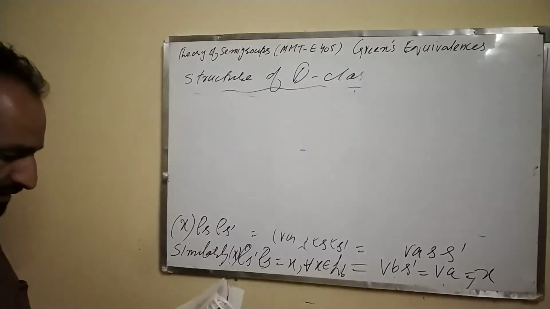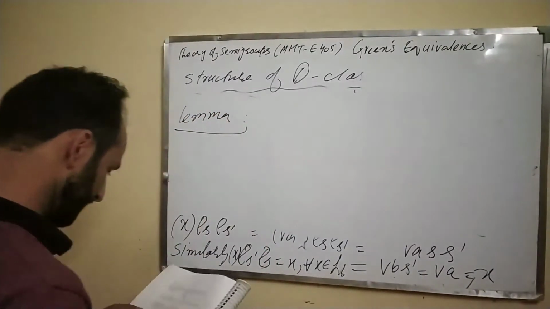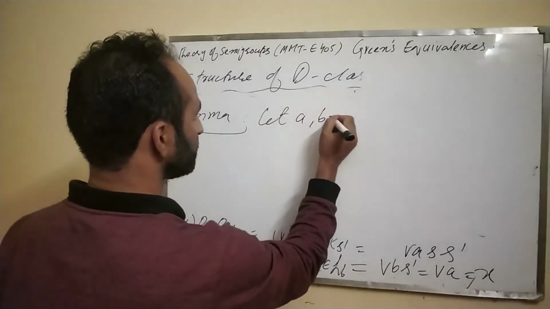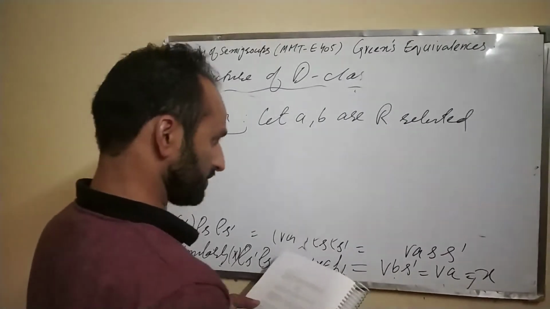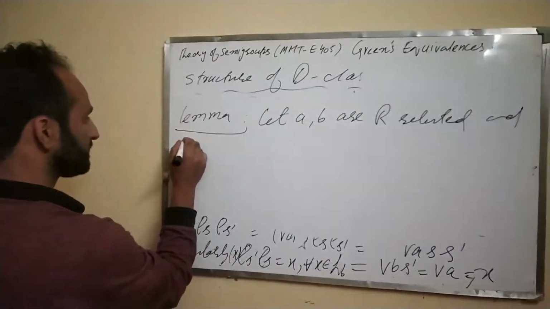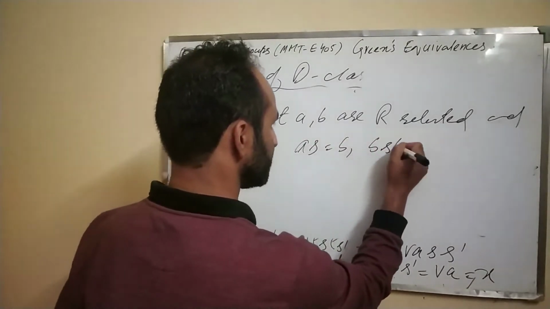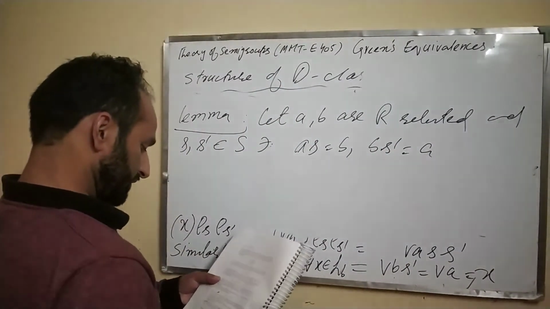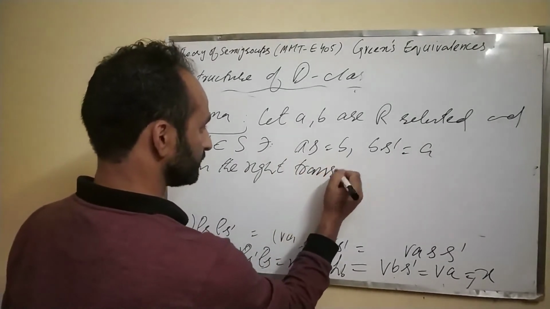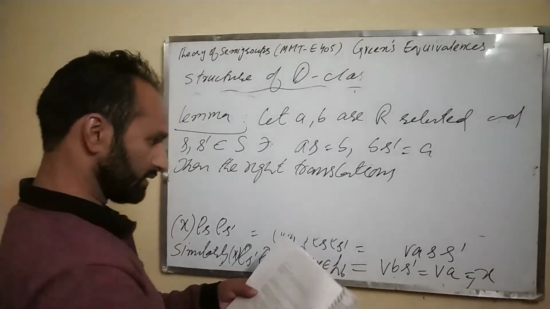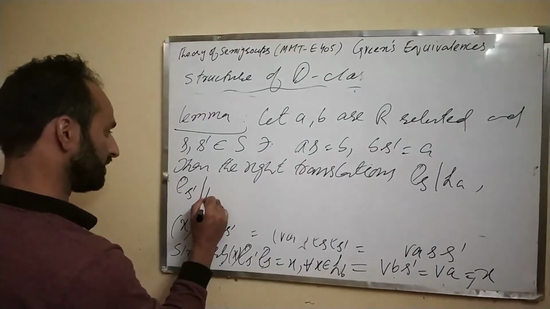So this is what we call Green's lemma, that we have discussed here. Let me write this statement properly. That's called Green's lemma. It states that if A and B are R-related, or R-class equivalent, and s, s dash belong to S such that, because of our relation, As is equal to B and Bs dash is equal to A, then the right translations, which are rho s restricted to L_A and rho s dash restricted to L_B,